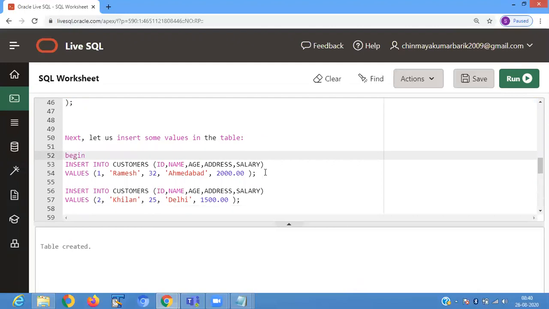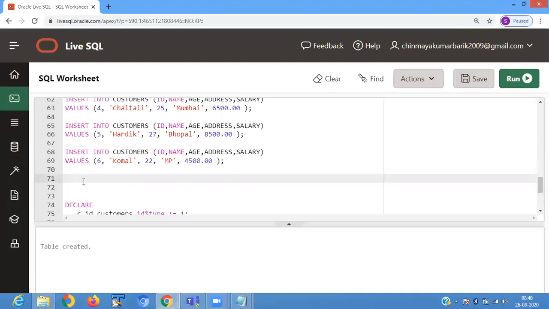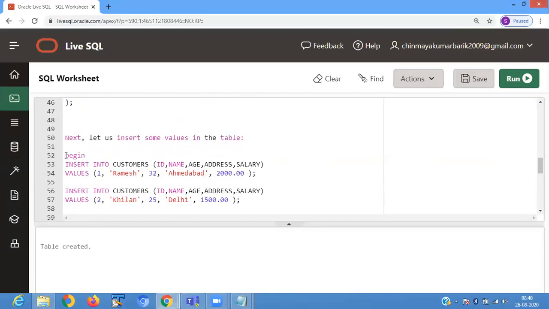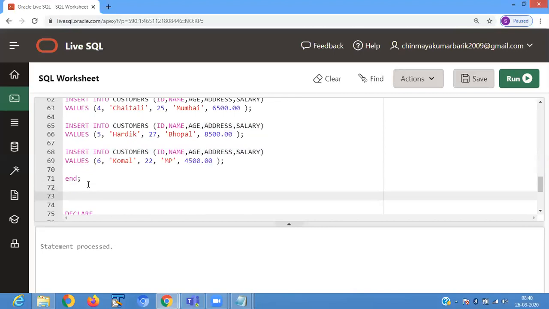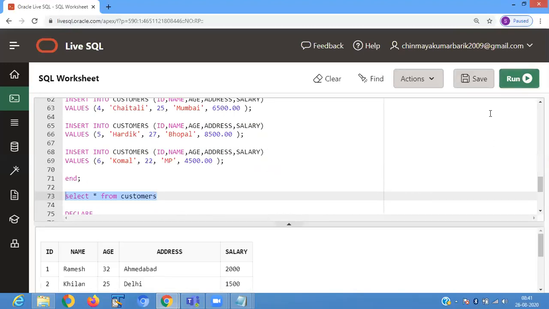Then we begin and insert a record. The sixth record is inserted here.